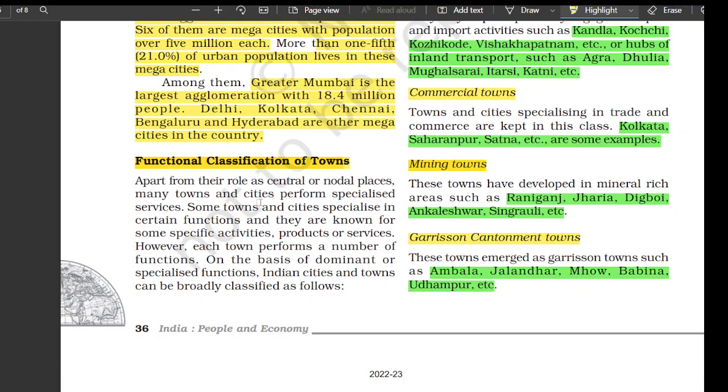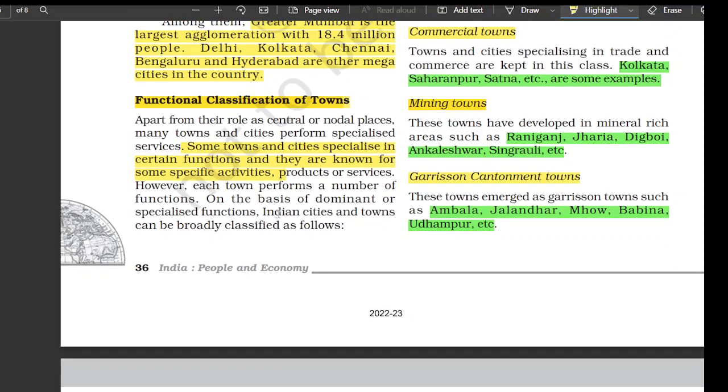Functional classification of towns. Apart from their role as central or nodal places, many towns and cities perform specialized services. Some towns and cities specialize in certain functions and they are known for some specific activities, products, or services. However, each town performs a number of functions besides its dominant or specialized function. Indian cities and towns can broadly be classified as follows: